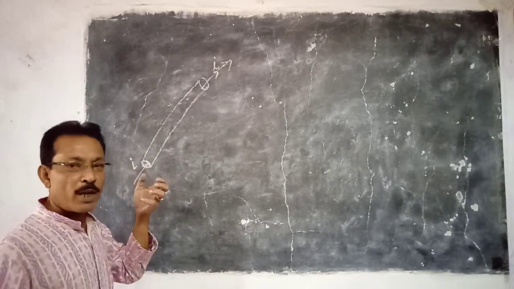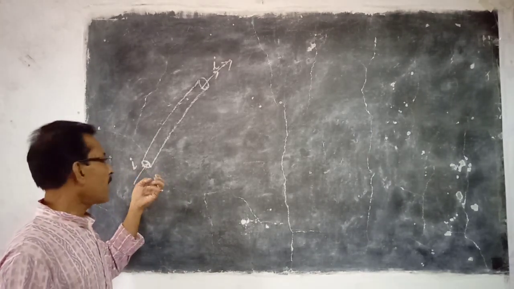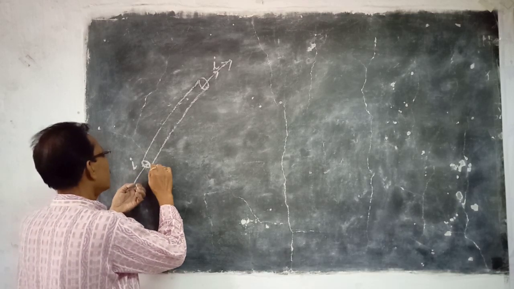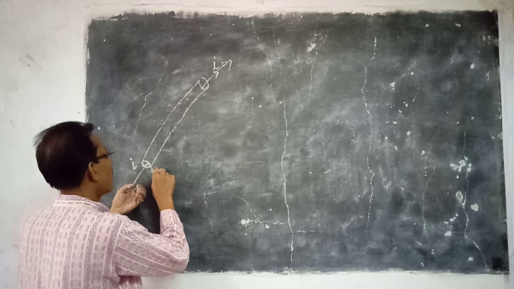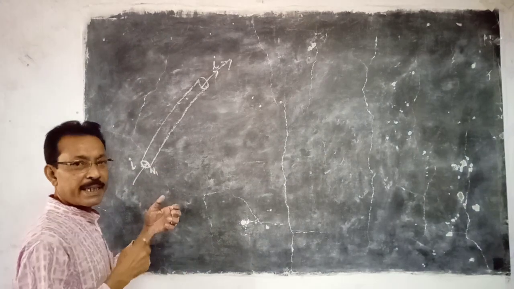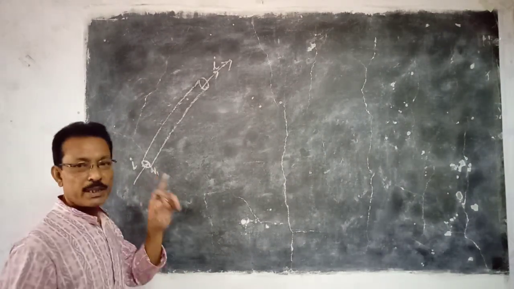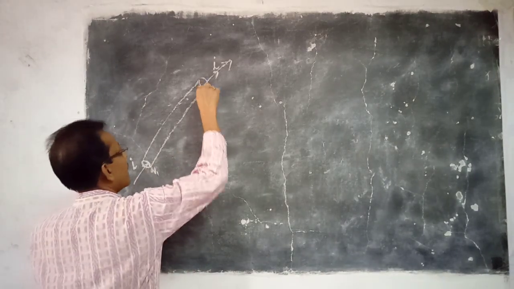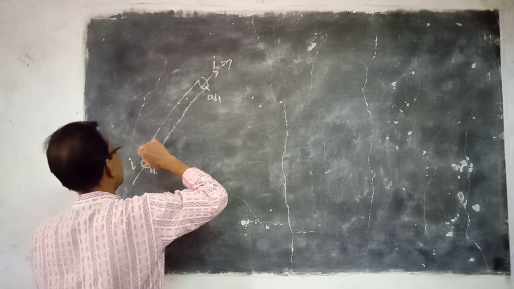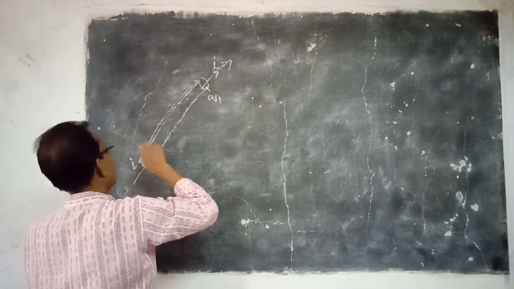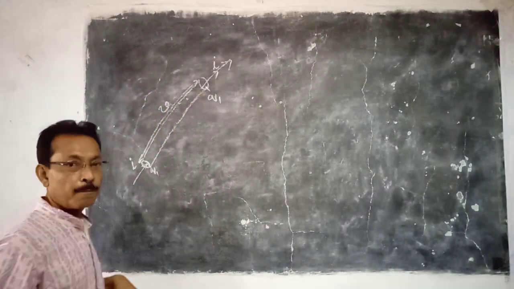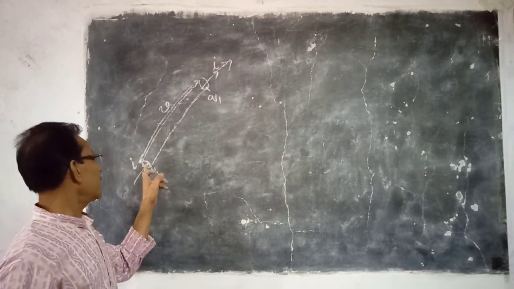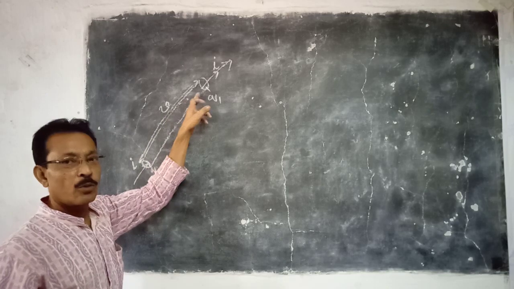Suppose I have a stopwatch. I start here at time t equal to 0. A charge was here, suppose say Q1. After 1 second, if this charge is flowing with a velocity v, then after 1 second this charge comes here, therefore this distance is v, because the charge is moving with a velocity v. During this 1 second, all the charges will accumulate here within this volume.